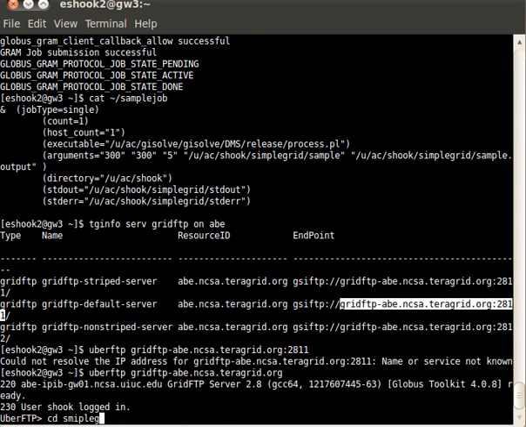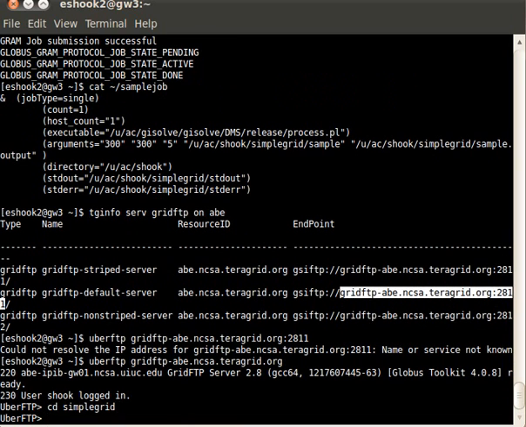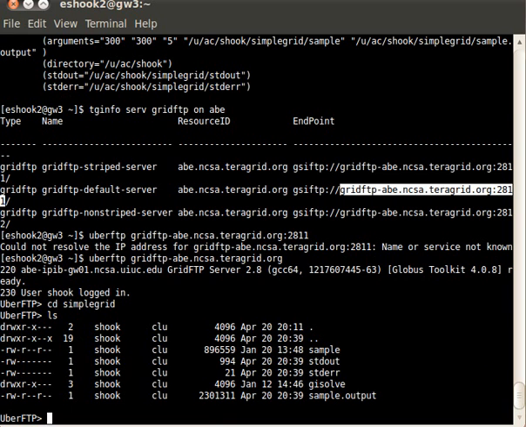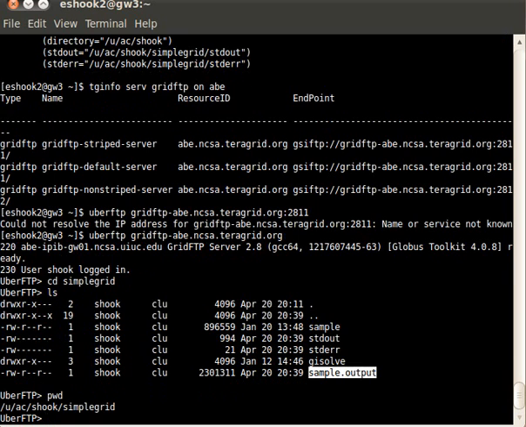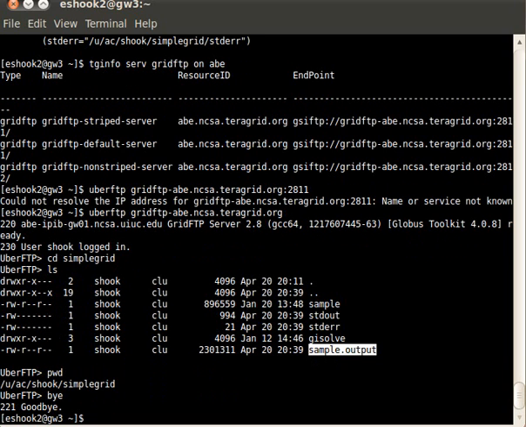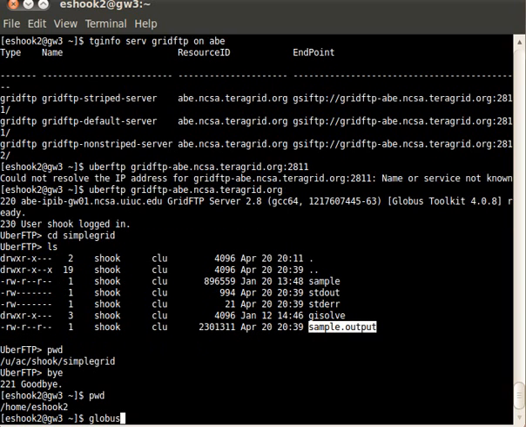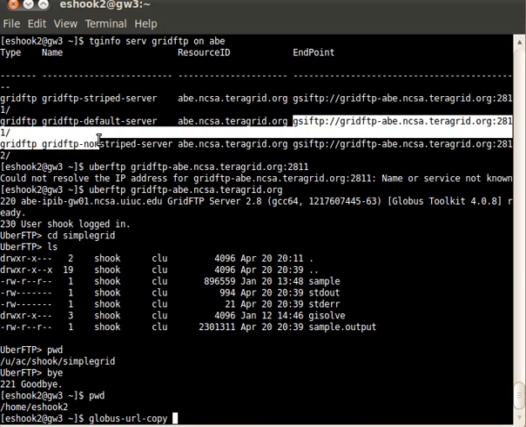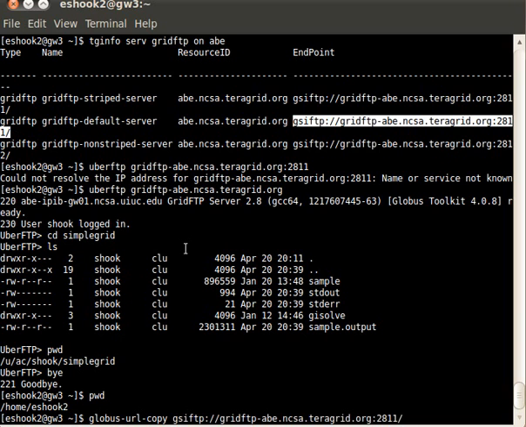And then we'll cd into the simple grid directory, which is where our job executed, and we'll see that the sample output file is located in this file, which means that our execution completed. And this is again in the simple grid directory, and we'll get out of uber FTP, and we will use the globus URL copy command in order to copy our output file. So I'll be copying it from the GSI FTP server, the default server, and then I'll be